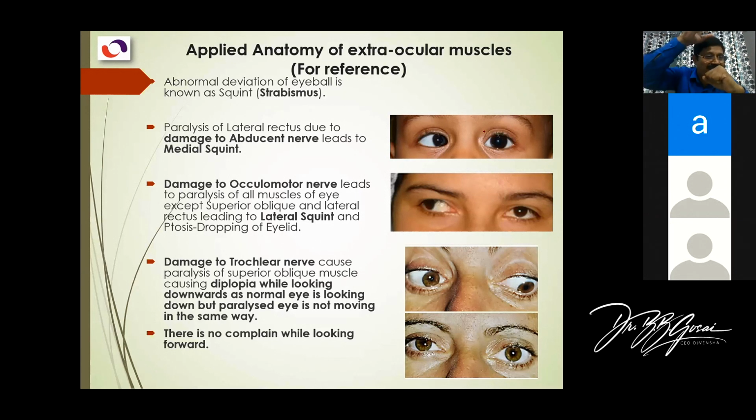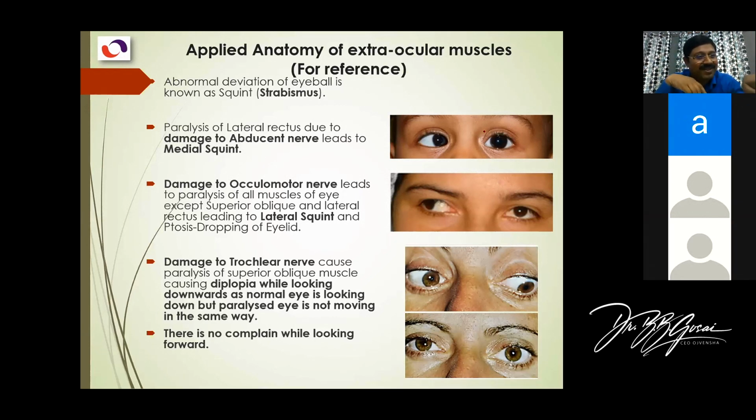But when the pressure in the cranial cavity increases, the brain is squeezed towards the foramen magnum. Suppose it's here; the brain will be pushed backwards and downwards. Then the course of the nerve will be kinked. It was like this, now it's like this, kinked. The sharp edge of the temporal bone will try to cut the fibers, and with slight movement of the brain, the fibers will be torn. So the abducens nerve will be damaged. The abducens nerve is commonly damaged in cases of raised intracranial pressure.